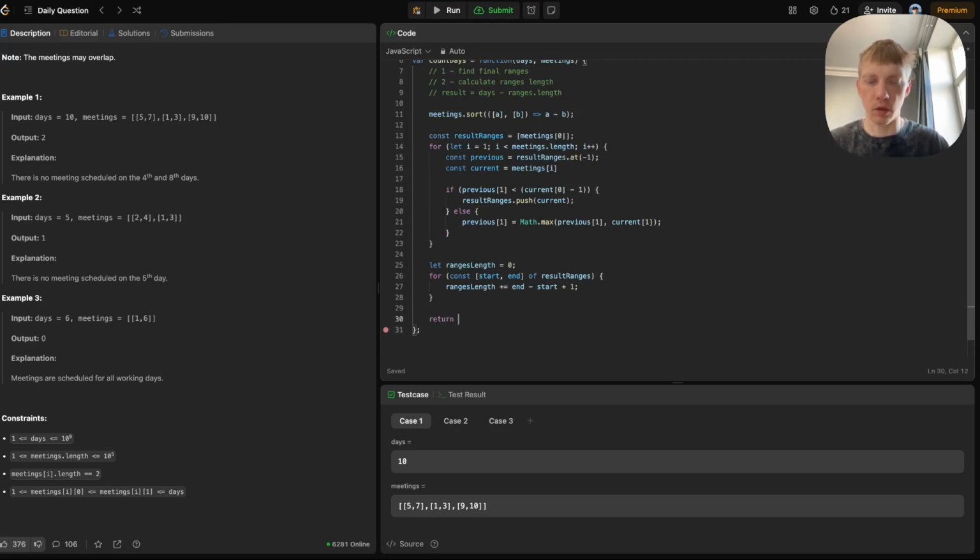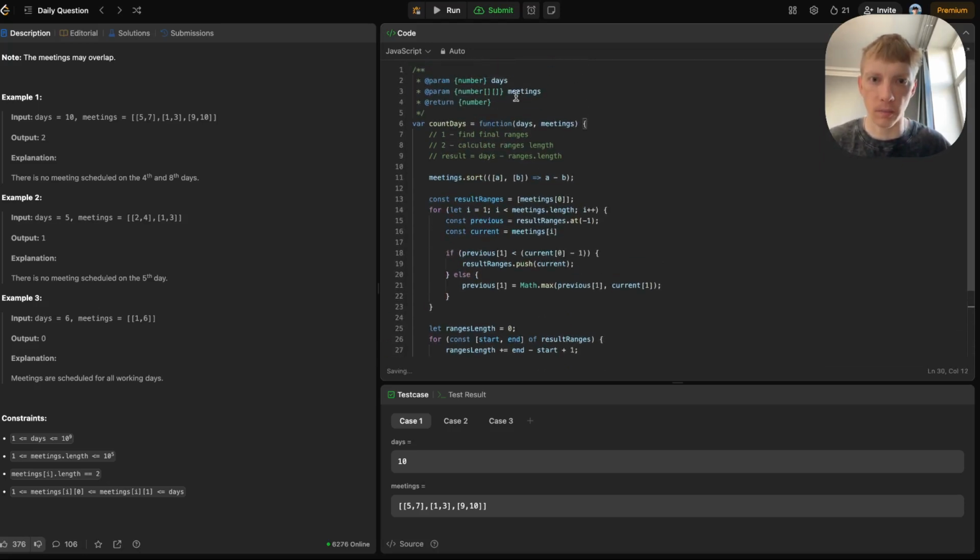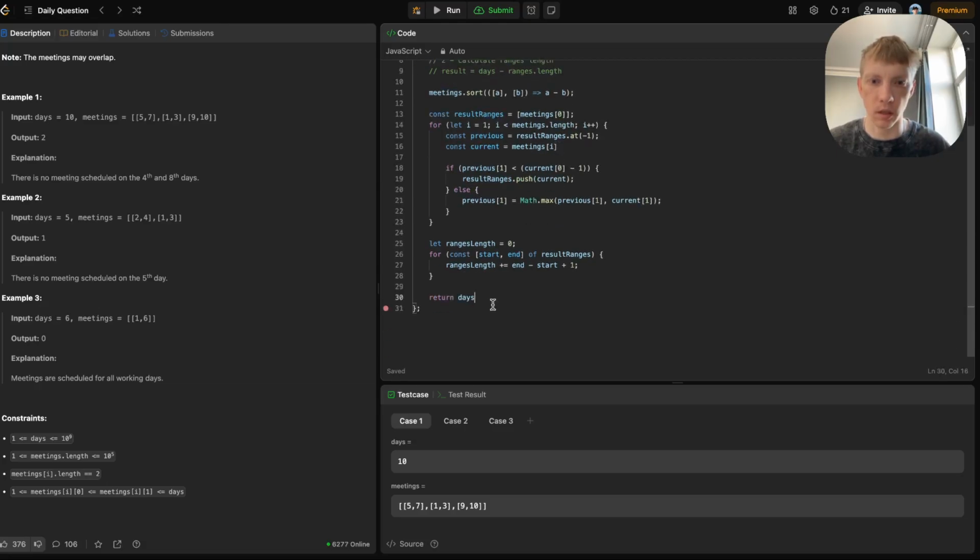And we should return n, which is days minus ranges length, or ranges, let's name it total ranges length. Days minus total ranges length. For example, if days is 5, we have,